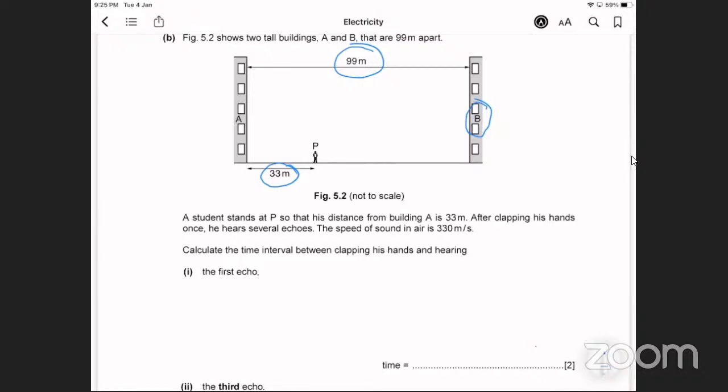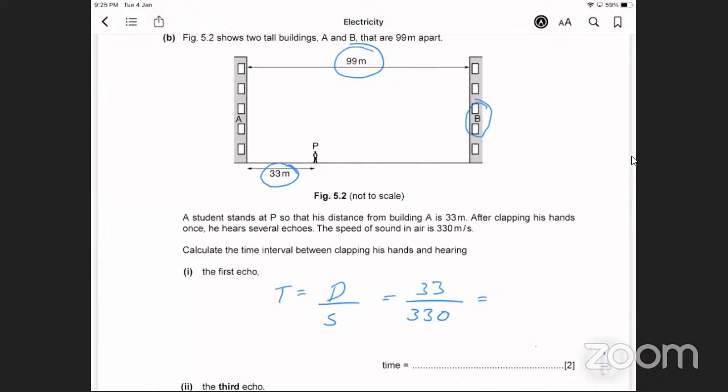That's correct, right? So we're already given the distance between P and the building, right? P is the person, A is the building. So if it's 33 meters, we're looking for the time taken. So the time will just be your distance divided by the speed. Are we following? Right, so you've got your 33 meters divided by 330 meters per second, which gives you an answer of,